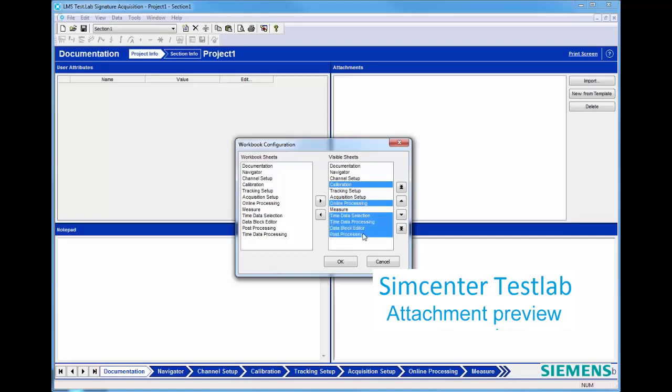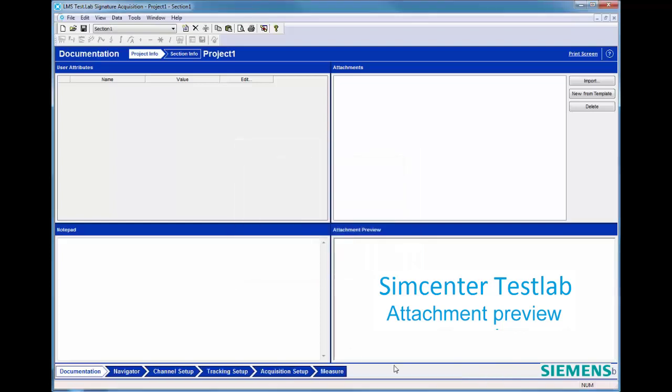Let's say I'm not planning on doing any post-processing. I just want to get to measure, and that's where my process will end today. So if I multi-select these and I click this left arrow, you see it says remove from selection. So I do that, I say OK, and boom, all those pages are now hidden. The functionality is still there in the software. I'm just hiding it from my current workflow. So it's a little bit easier for me to go through the main steps I want to accomplish today.